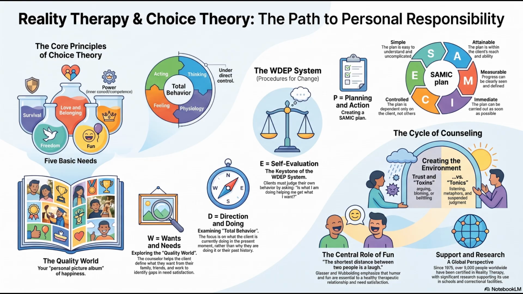The approach operates on the principle that, while the past undeniably shapes us, it absolutely does not determine our future. It focuses entirely on the present, on personal responsibility, and on this core idea that all human behavior is purposeful. We aren't just reacting randomly to the world. We're acting to fulfill specific needs. Always. Universal needs. So if every action we take is on purpose, we need to understand what that underlying purpose actually is, right? What's driving the machine?